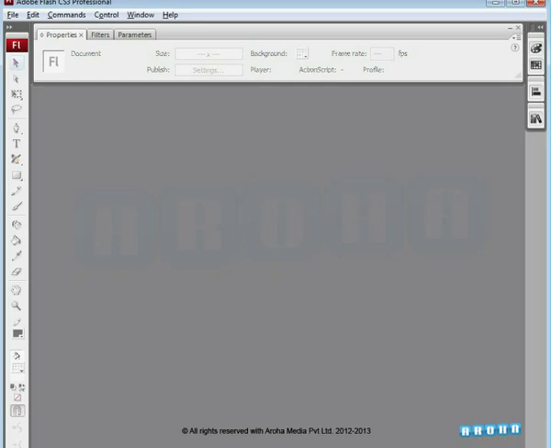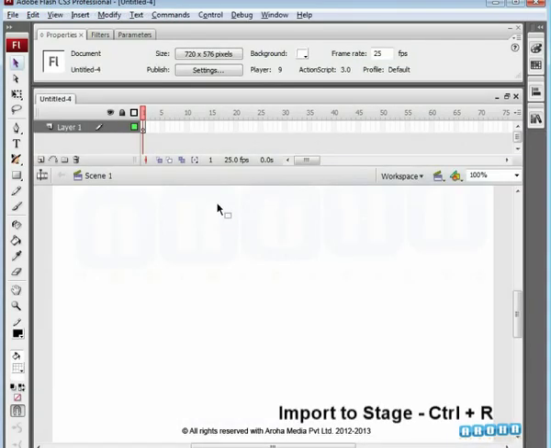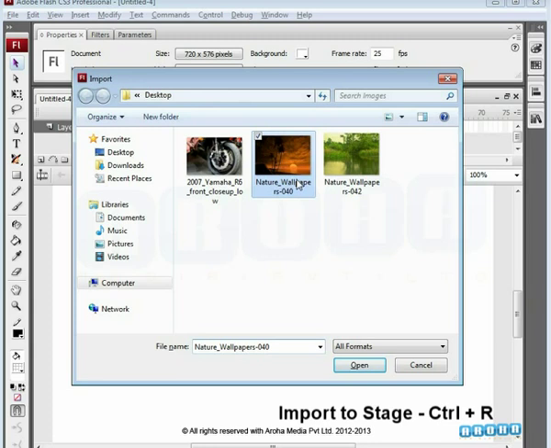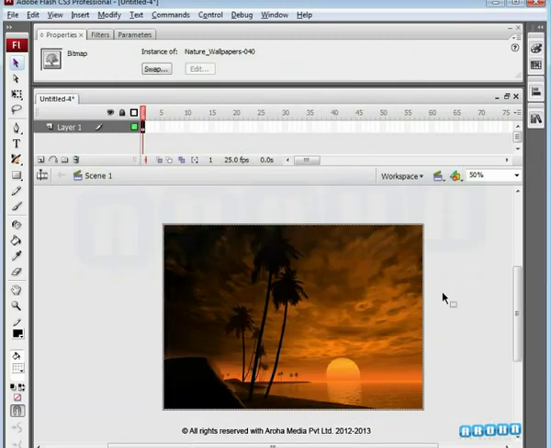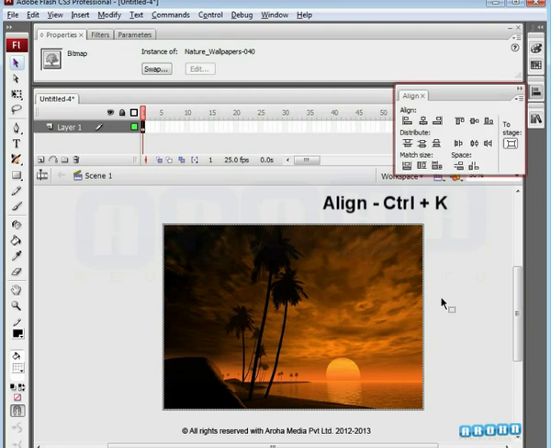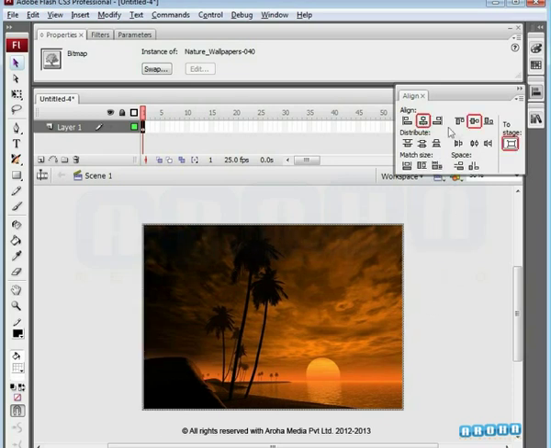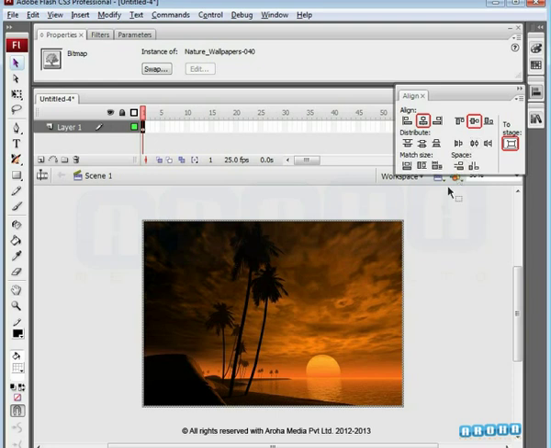For this, let's create a new file and import an image. For now, we'll take this beautiful image for masking. Once we import it, let's align it to the center of the stage. For this, press Ctrl+K on your keyboard to bring up the Align tab. Here, in the Align section, click the center buttons that align it to the vertical and horizontal centers of the